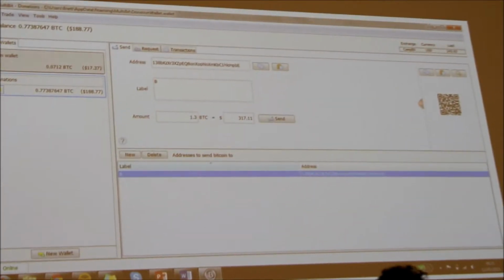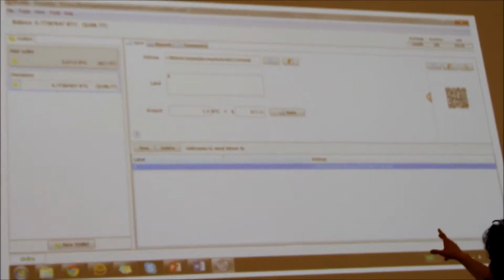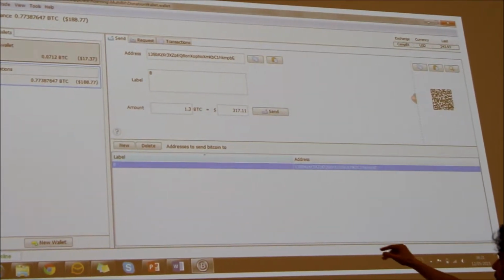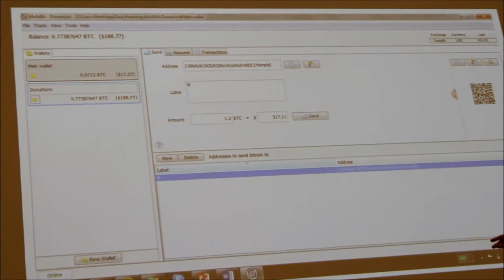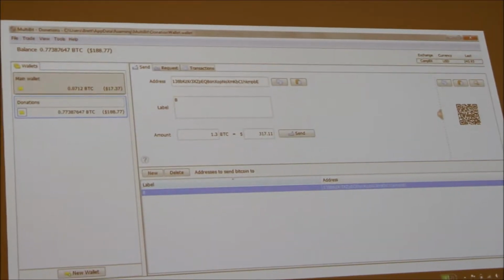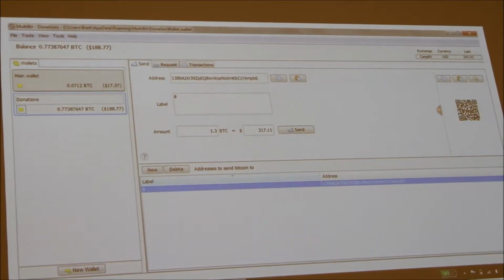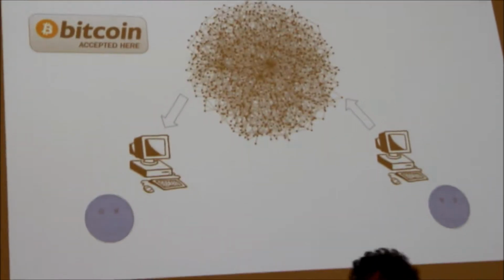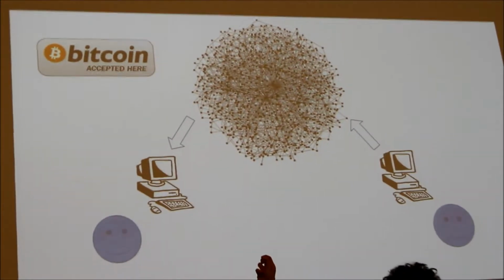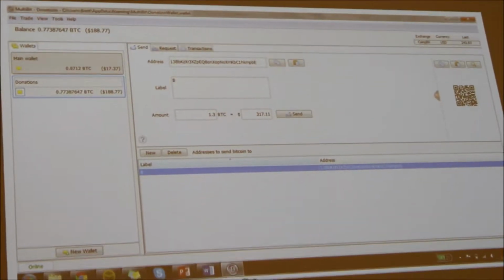Okay, here's what it looks like in reality. Here's, for example, my Bitcoin account. It looks almost like an internet banking interface, and you can say, send money to that address there. Which is a little bit like saying send money to somebody else's account number in a mobile banking system. But you can send these electronic messages out to that network and ask them to move money from your address to somebody else's address. And that's what's happening there.